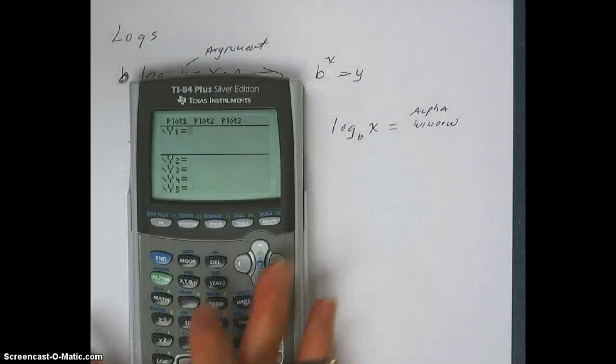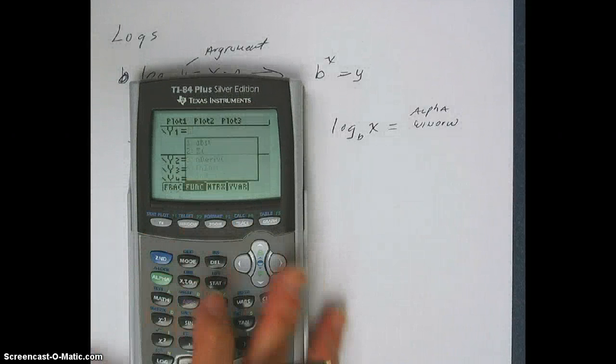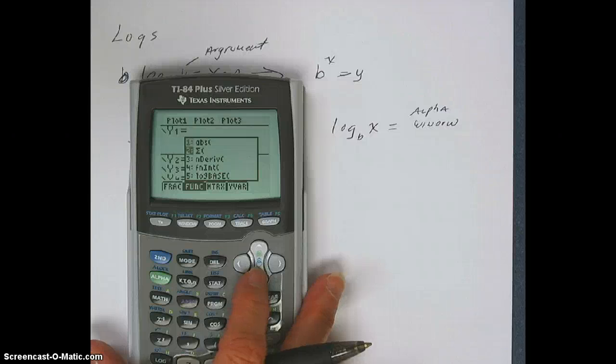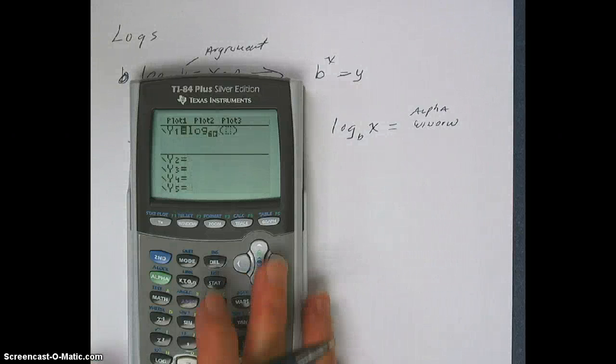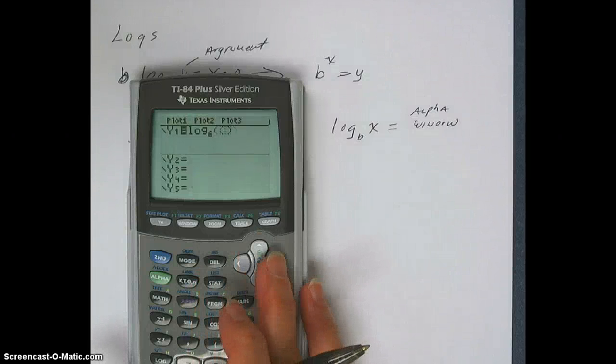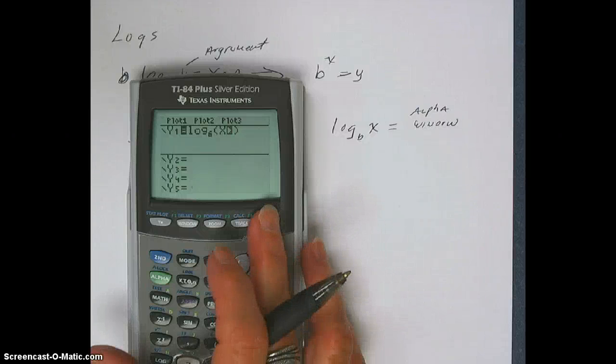So if I hit alpha and then window, a little pop-up screen comes and you get your log to the base. So we'll hit base 6. We'll put x into the argument, and when I graph it,